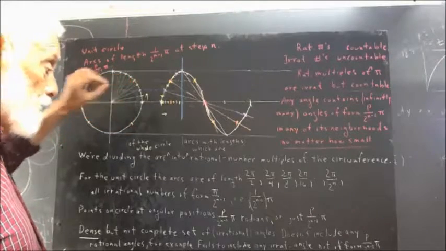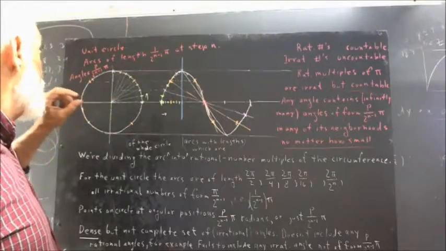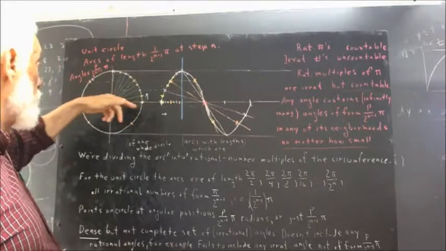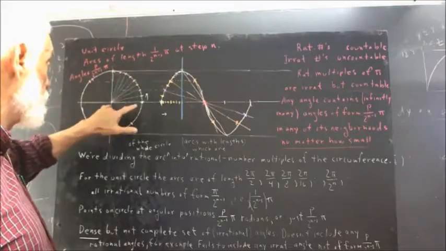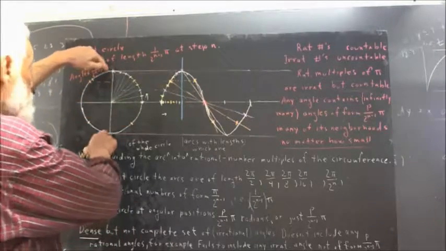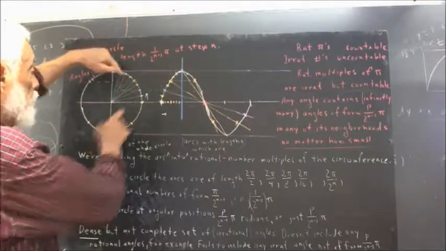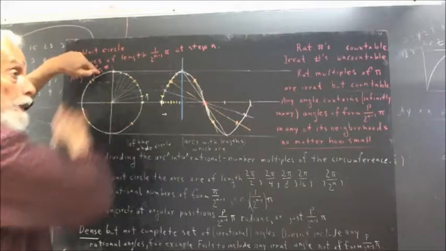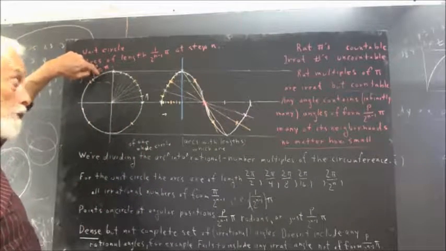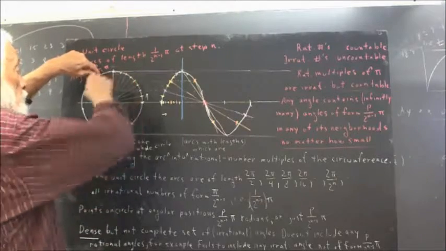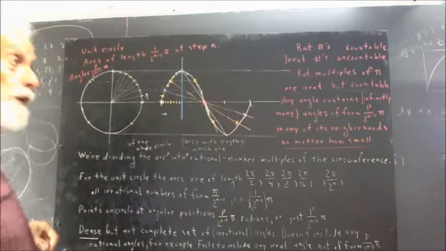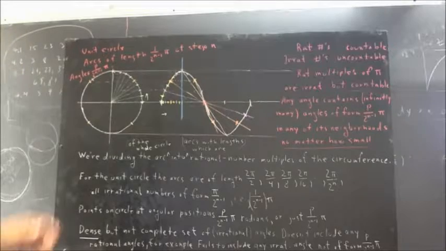This subdivision process won't ever accomplish, let's say, an arc of distance 2. If this is on a unit circle, that's a distance wrapped around the arc. Wrap this distance here around the arc, you're going to end up about here. You're never going to land on a point where the arc distance is equal to the diameter of the circle, or any other